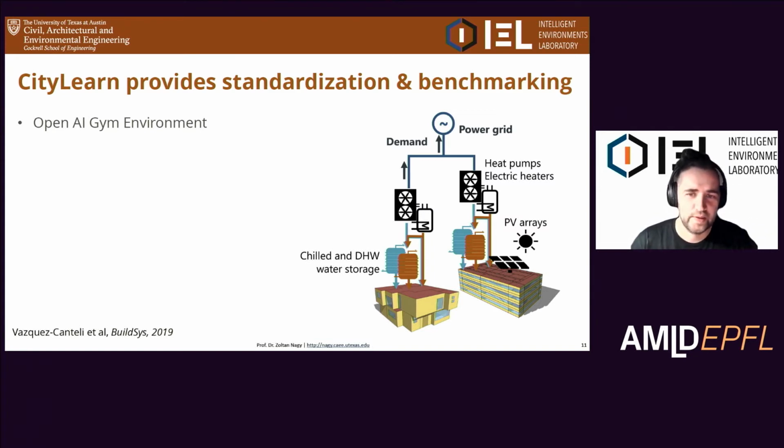And so we said, well, we want the buildings to stay the same. We created this overall structure of heat pumps, electric heaters, chilled water storage, domestic hot water storage, solar arrays. Just about a month ago, we also released electric storage and EVs, so we can create a full electric fleet. The number of buildings doesn't matter. It's just on your end on the computational side. And you can change what type of systems you have. So the system side, you're free to do. And then the energy side of the building is given, so you don't need to worry about it.